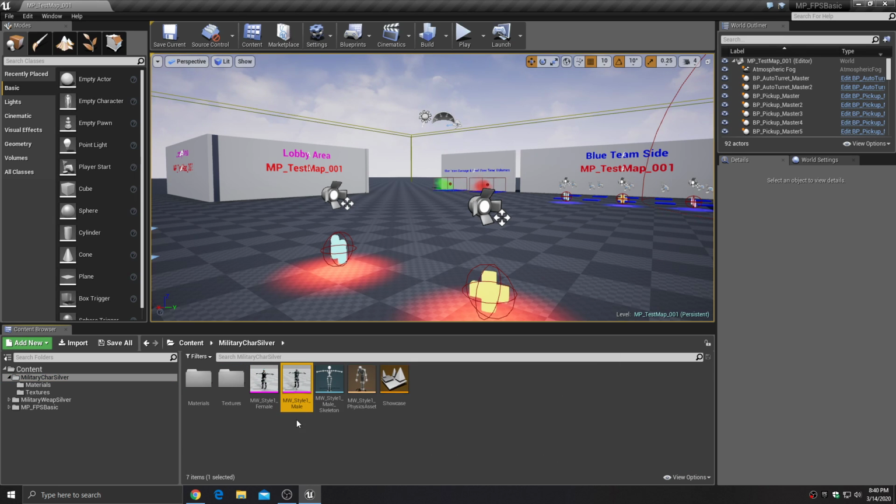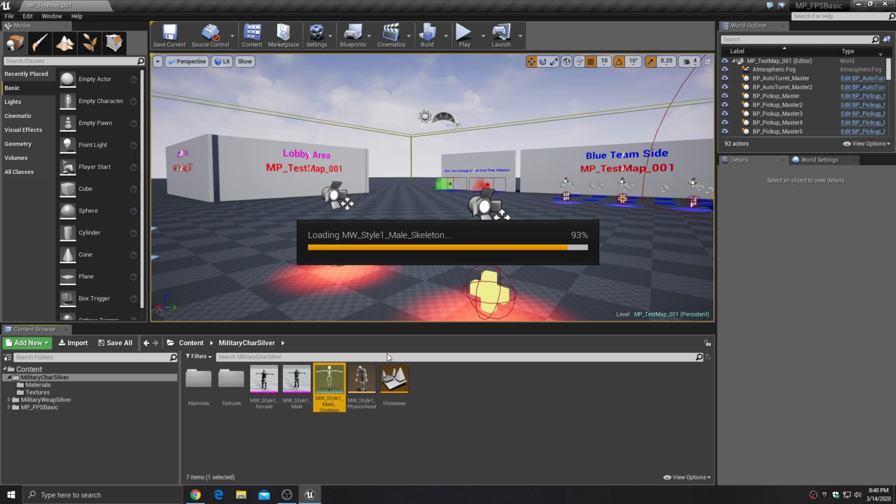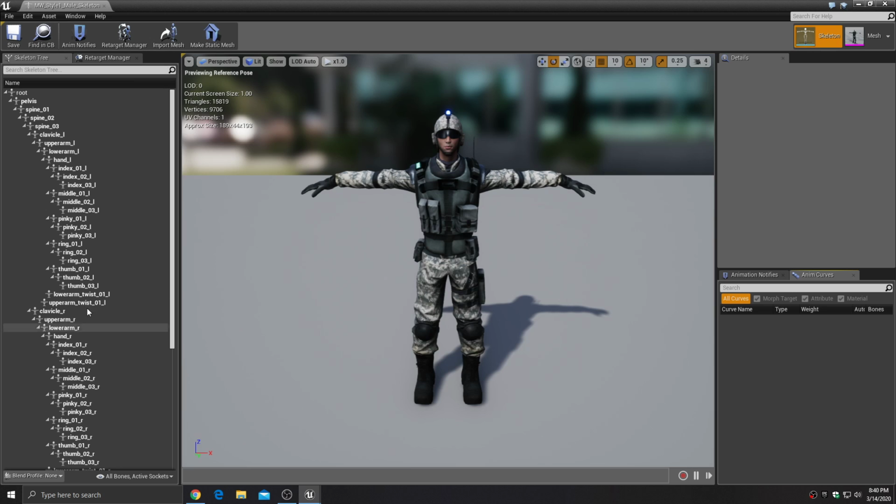you can see that there are two different versions of this character, and there's also a skeleton and a physics asset. So we do not need this skeleton, nor do we need this physics asset. And the reason that we don't need this is because this is actually a default UE4 mannequin skeleton. These characters are skinned and rigged to a default UE4 skeleton. There's no reason to have multiple skeletons in this project. So all these bones and this hierarchy over here is exactly the same as the one that's found in the